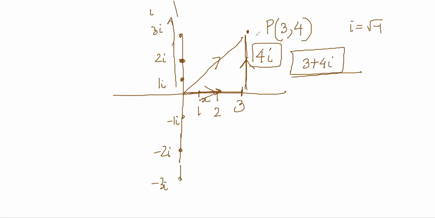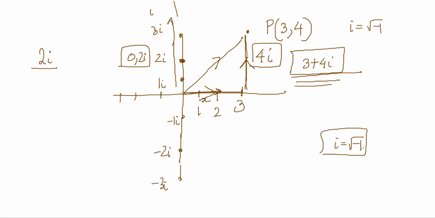This is the meaning of a complex number. If you have just i in the complex number, 2i, that means you just went to this point, 0 comma 2i. Think of it as points in space rather than some numbers to multiply. This is just a symbol. Think of it geometrically. Don't think of it as some algebraic thing that you have to manipulate.